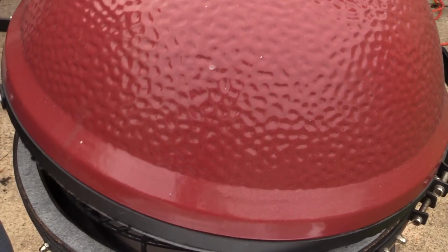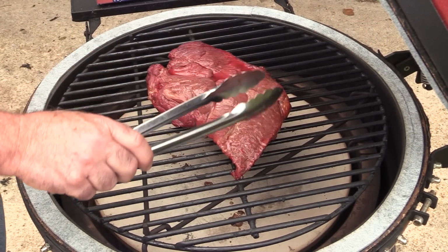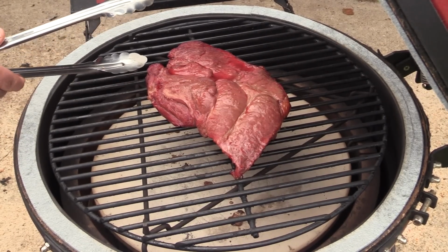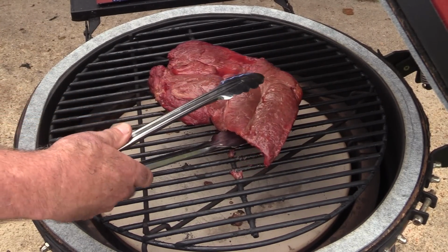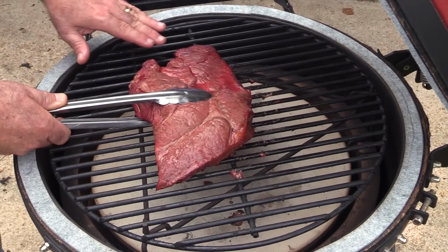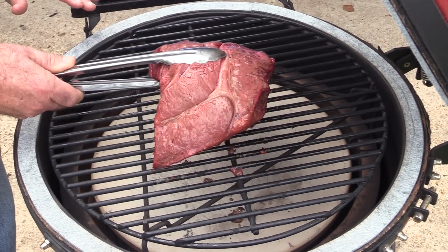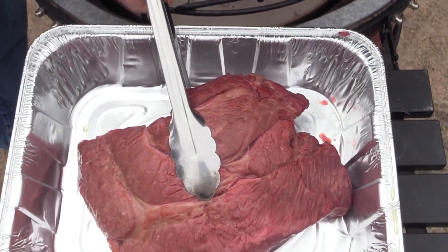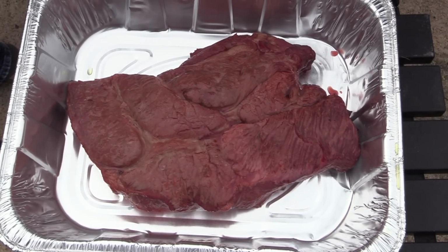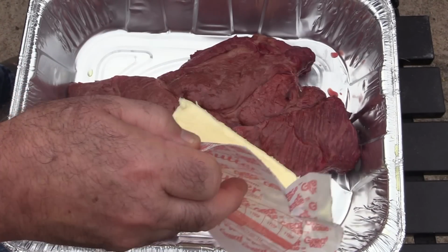All right, we've been smoking 1 hour, and as you can see, there's plenty of raw meat. I haven't hardly rendered anything, maybe just a little bit of blood. No rendering of fat and juices, which is a good thing, but you can also see kind of a brownish tint. That's the smoke on there. Let's transfer that into one of these aluminum dishes. Now from here, this recipe calls for 1 whole stick of butter. Just gonna put that on top,